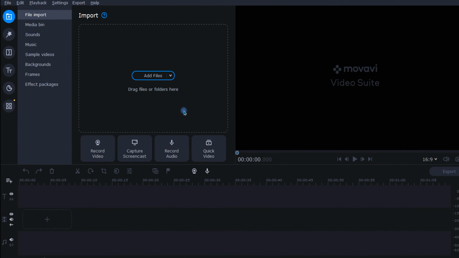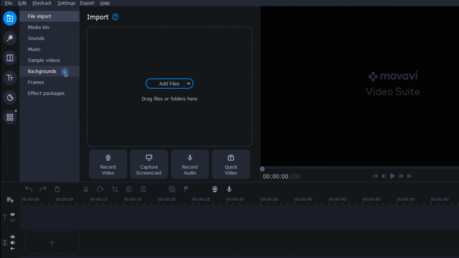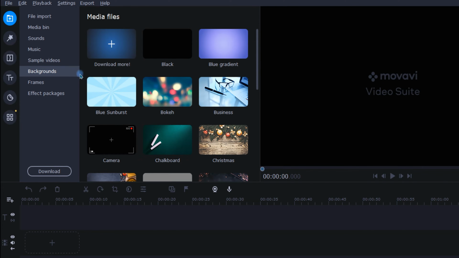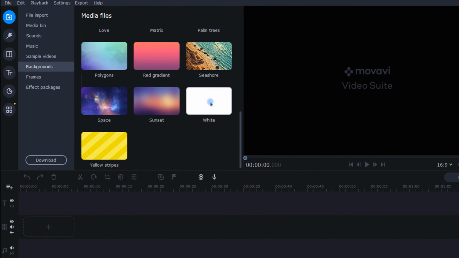Give me a few minutes and I'll show you how to create this text glitch effect in Movavi. Let's go. To begin, let's open up a new project, and with the Import tab selected, let's choose Backgrounds. Next, we'll scroll through these backgrounds, and when we find white, let's grab it and drop it right into the